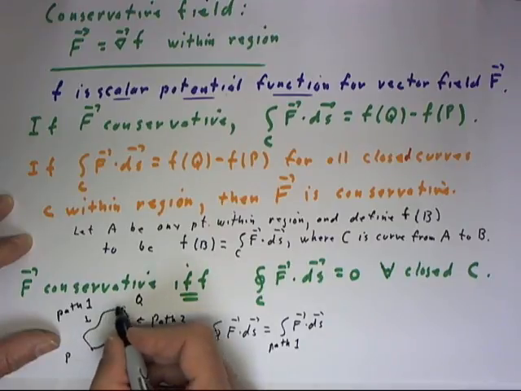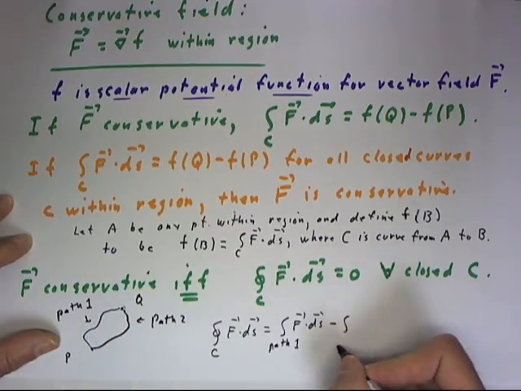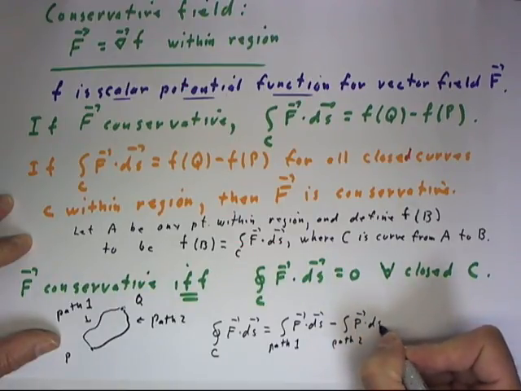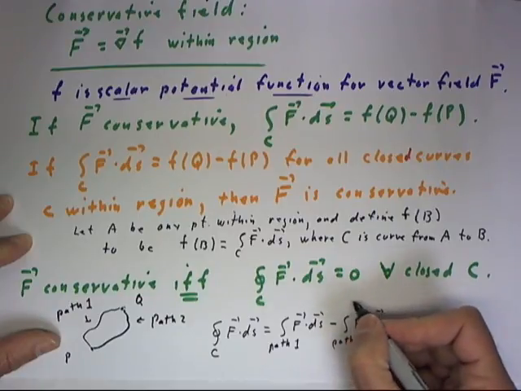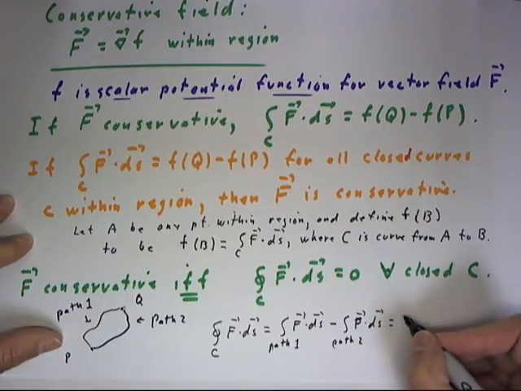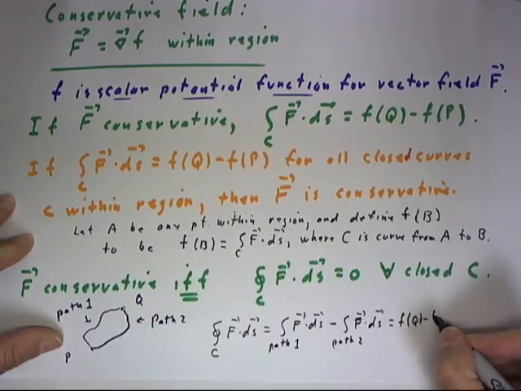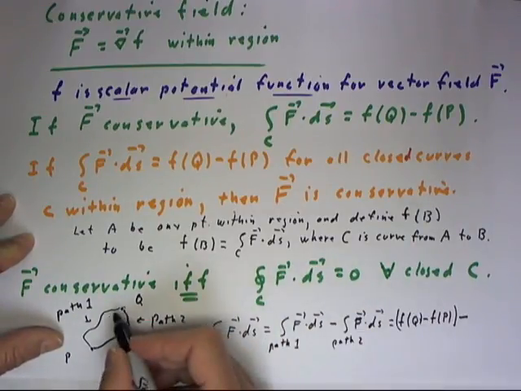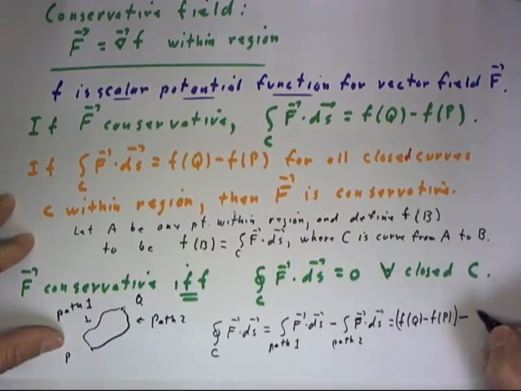So, for example, path 1 from P to Q minus the integral over path 2 of F dot ds, and that would be the integral from Q to P, which would equal little f at Q minus little f at P. First integral, path 1, we go from P to Q. Second path, we go from Q to P, so that the integral over that path has to be f of P minus f of Q,